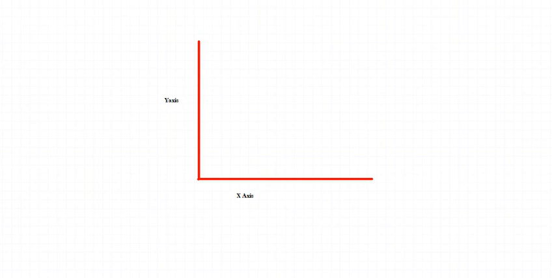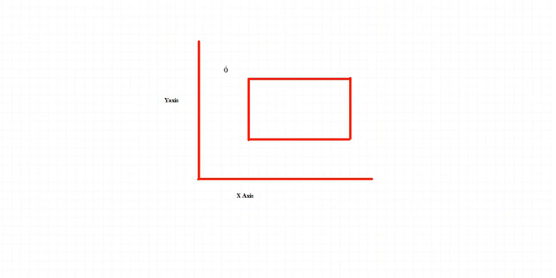And now define your viewing pane, which is essentially a rectangular window. If you can recall our previous videos, then this